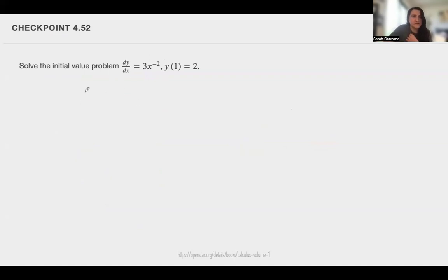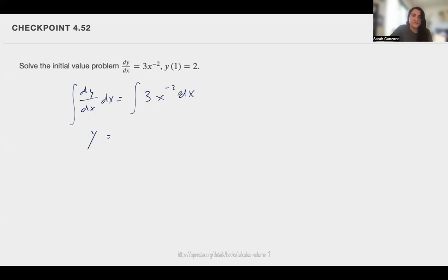This last one is dy dx equals 3x to the negative 2. We again want to find y, so we need to integrate dy dx with respect to x, because that's the variable we have here, which means that we have to do the same thing to the other side. We'll once again save our initial conditions for last. The integral of dy dx with respect to x is just going to be y equals